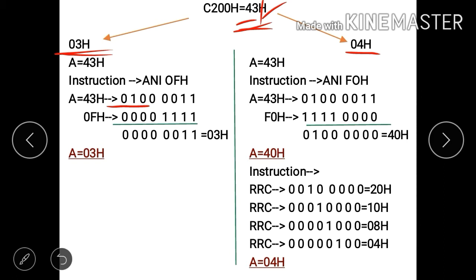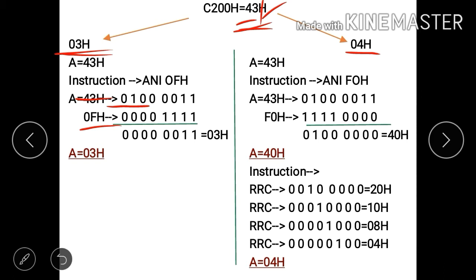By performing an operation with 0FH, the least significant bits remain unchanged. That's what we need. We will perform a logical AND operation between the two numbers 43H and 0FH.